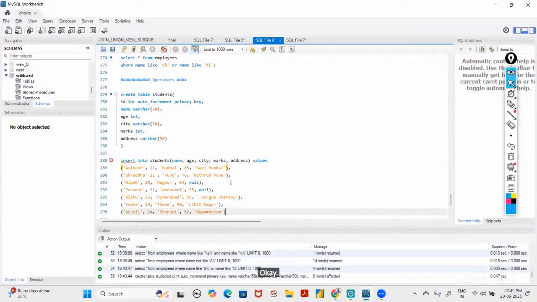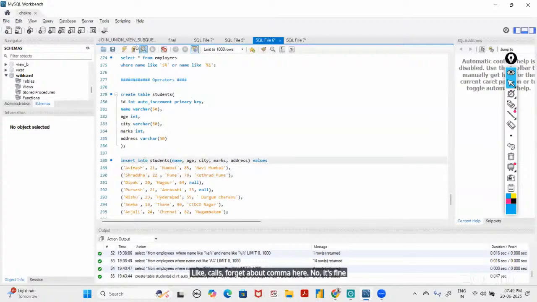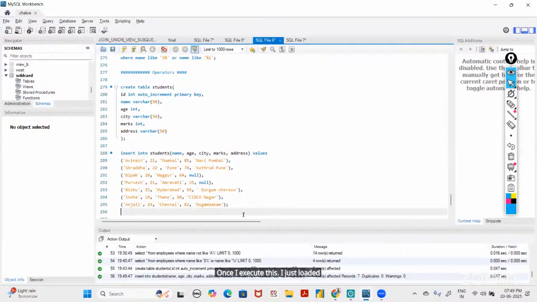Okay, these are the records that I'm going to insert into my table. I forgot about the colon, and I forgot about the comma here. Now it's fine. Once I execute this, I just inserted the records into my table,